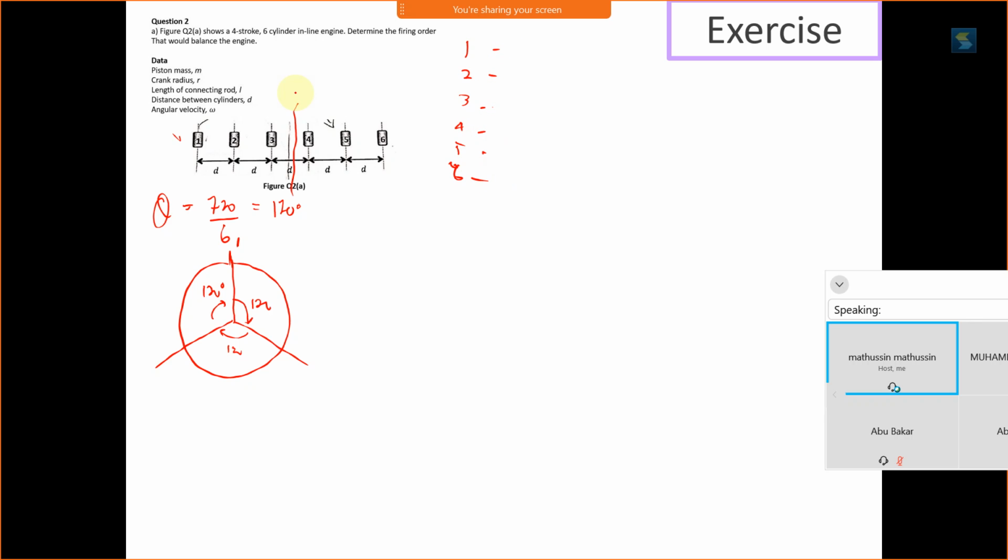Okay. So, bila kita taking from reference, nombor 1 dia akan start dengan nilai negatif ke kiri, positif ke kanan. So, 1 adalah negatif, should be apa? Negatif 2.5D, betul? Number 2 is negative 1.5D. Number 3, negative 0.5D. Number 4, 0.5D. Number 5, 1.5D. And number 6 is 2.5D. So, nak tentukan firing order, kita kena start dengan